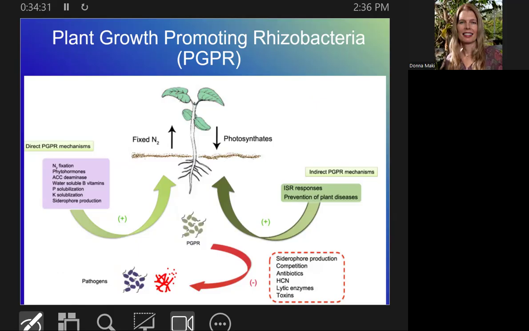On the left, it's the direct mechanisms, and on the right, it's indirect. So we talked a little bit about what's going on the left, just helping the plant get access to nutrients and water. I'm not going to go into detail on some of that. You don't need to know some of that unless you're really curious. I'll talk to you separately. The indirect,